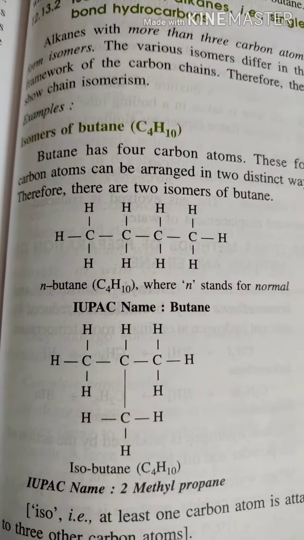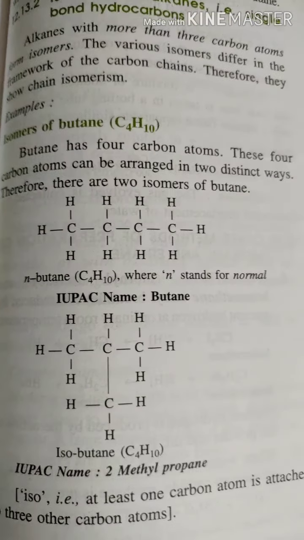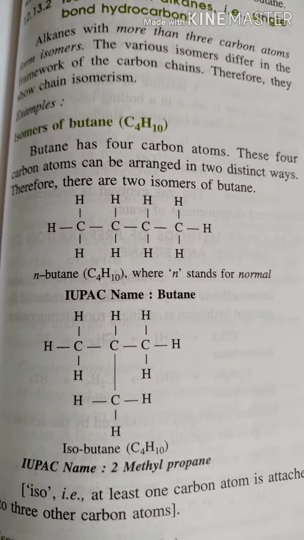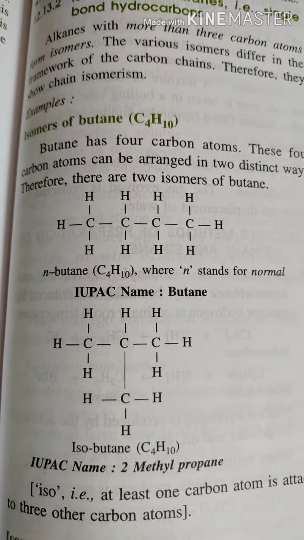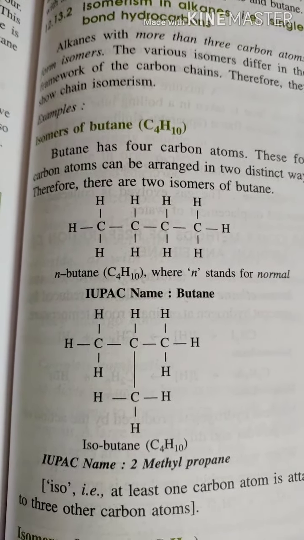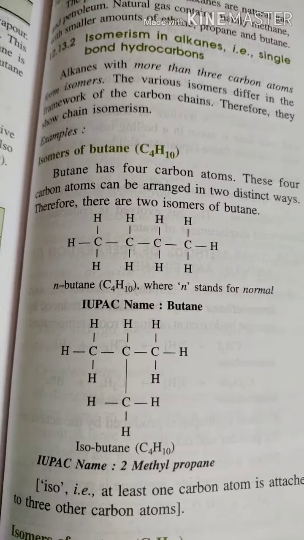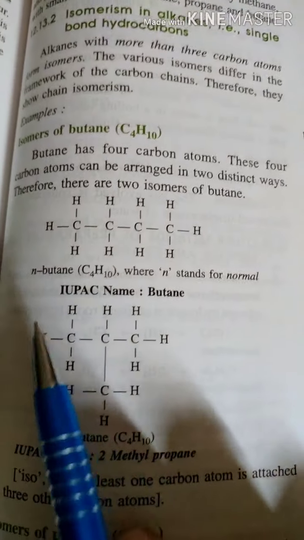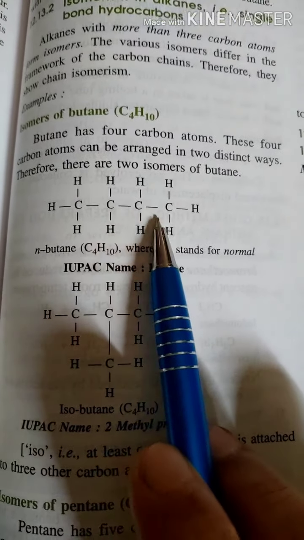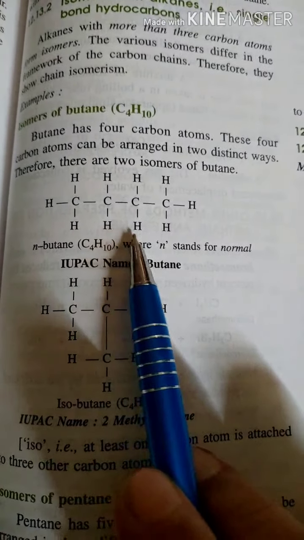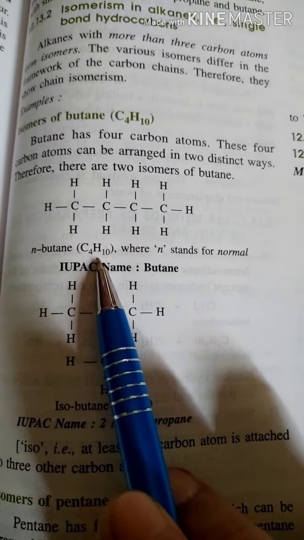Once again, we are discussing a little bit about isomerism. We know that though the condensed formula of an organic compound may be the same, the structural formula is different. Those are called isomers. Think about butane. Here in butane, as the name suggests, there are 4 carbon atoms and 10 hydrogen atoms, so the condensed formula of normal butane is C4H10.